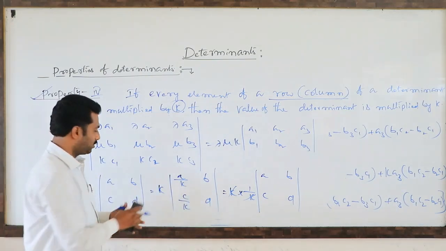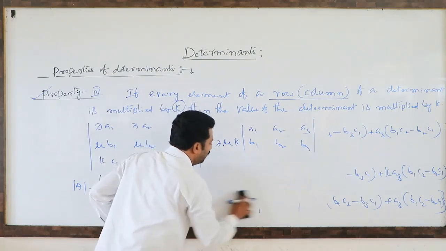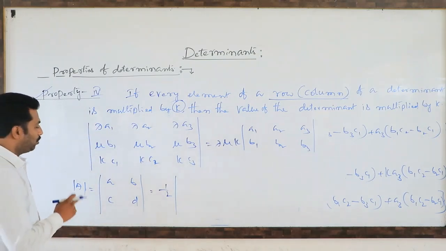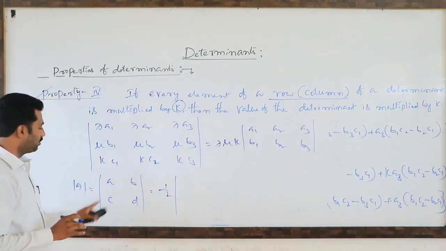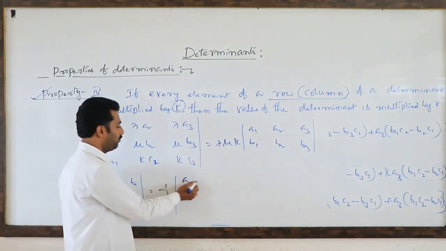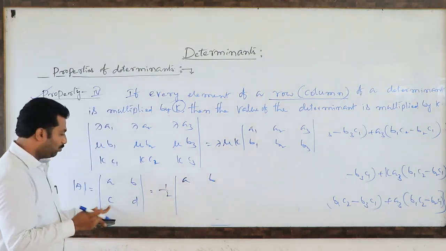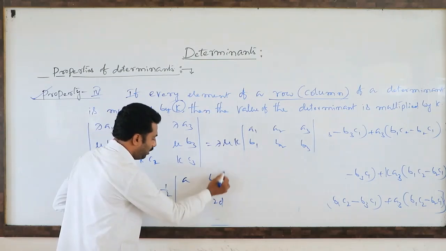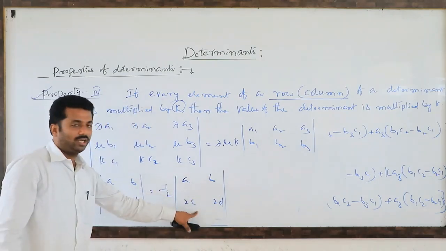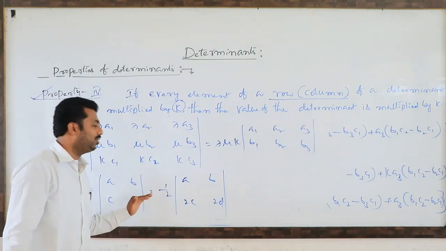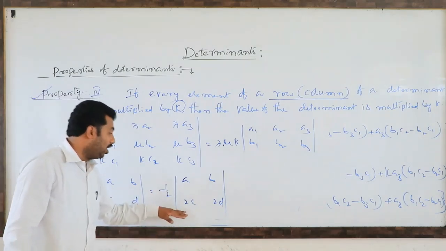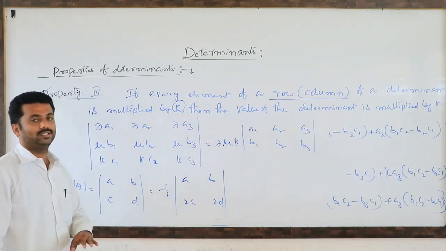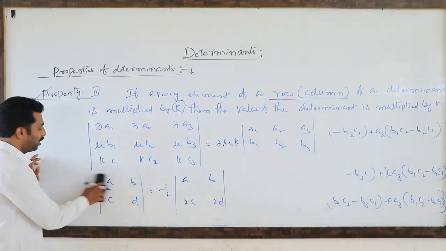Dividing means multiplying. Suppose if you want to divide, suppose dividing with 1 by 2, suppose dividing with 1 by 3, you have to choose any row or any column. Suppose I am choosing second row. No changes in first row: A, B. You have to multiply, because here dividing means you have to multiply. How to multiply? 2C, 2D. Dividing means multiplying. Sir, where we have to multiply? Any row or any column you have to choose, but whatever you are choosing, all the elements of that row you have to multiply by that non-zero constant. So that is the most important concept.